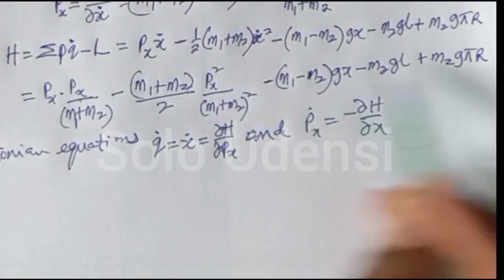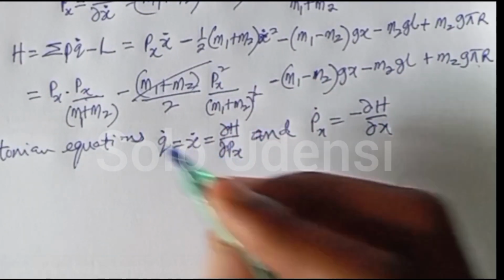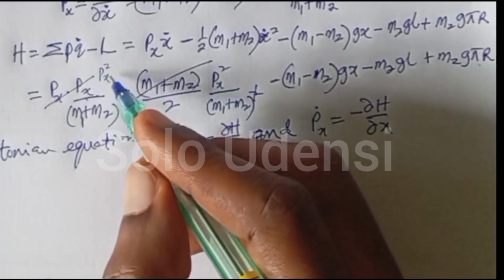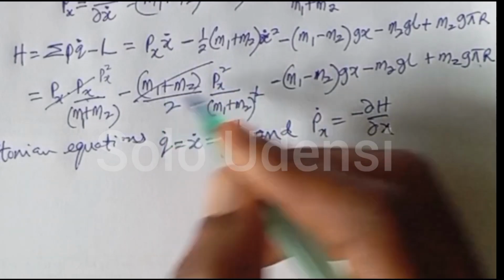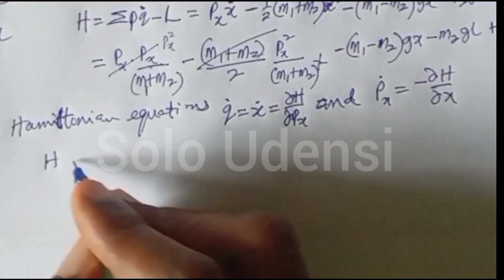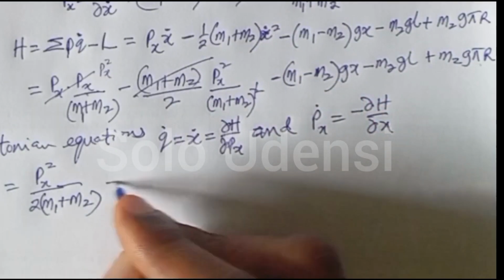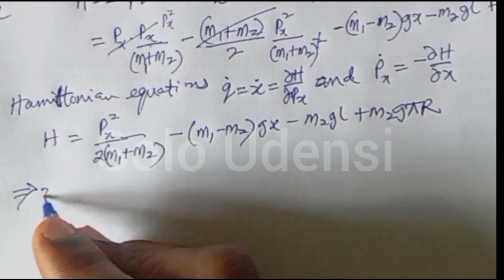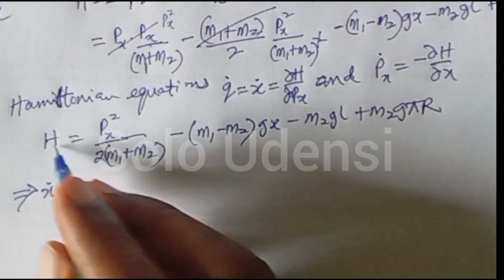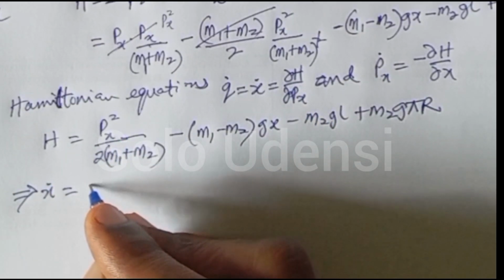So before we do this, let us simplify this equation. You know that this one will cancel one and it will remain this. Here is already Px squared over this. So we have Px squared over (M1 plus M2) minus Px squared over 2(M1 plus M2). So you have that H is equal to them minus this one. This implies that X dot is equal to, if you differentiate this with respect to Px,